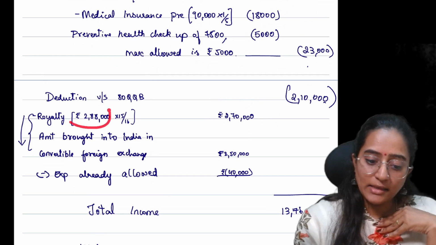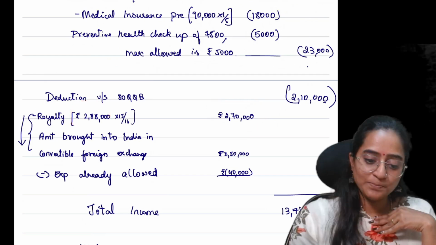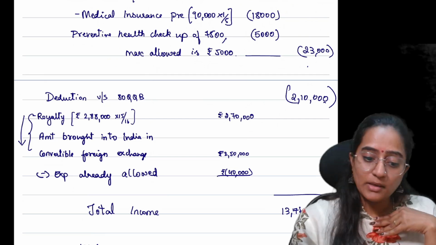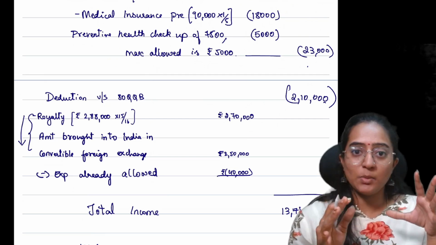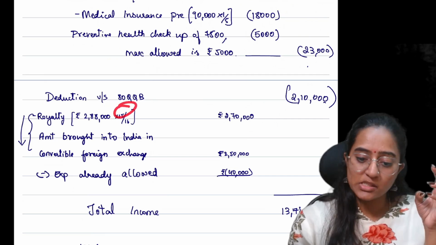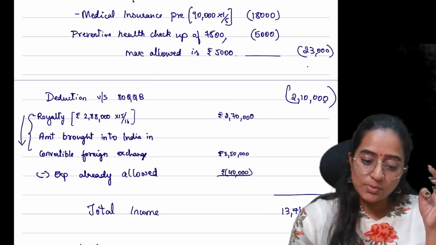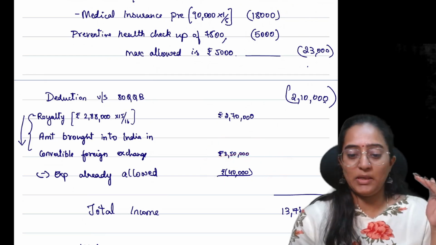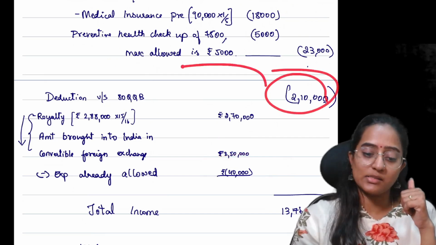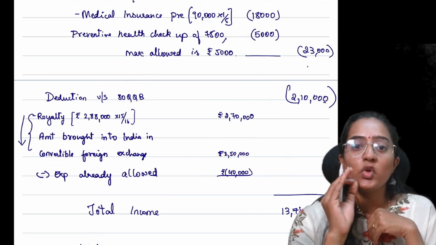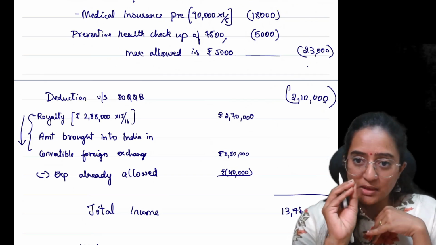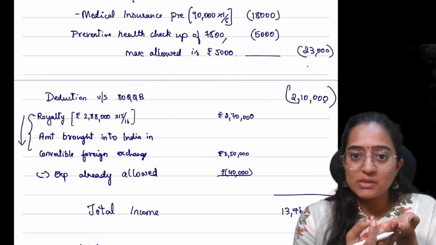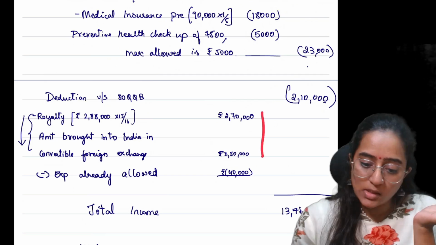Under section 80QQB, 2,70,000 is the total amount, that is 2,80,000, out of this 2,88,000. This you have considered at 16%, but the maximum allowed is 15%. So 15% of this 2,70,000, or the amount which has been brought to India after subtracting all the expenses which are already allowable as deduction, the remaining amount will be allowed as deduction under section 80QQB. 15% is what is allowed; 16% is what is given in the question. We have converted that into 15% and then taken whichever is lower.